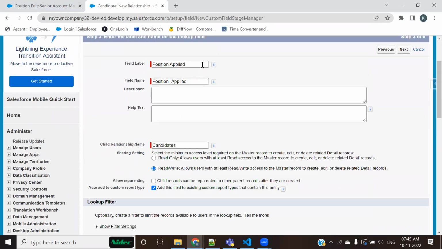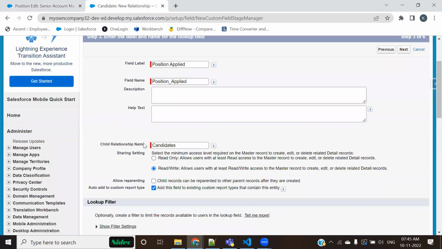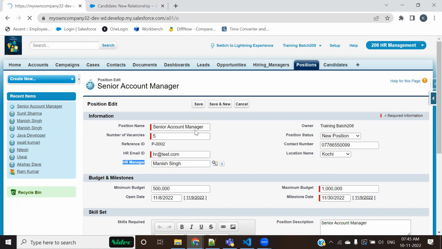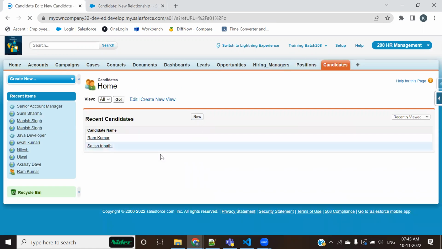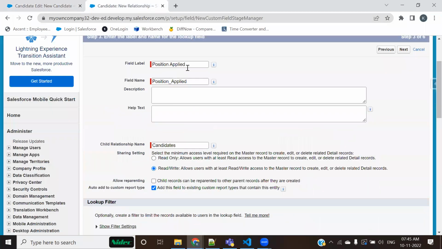What should be the name of this field that is going to appear on the child? For example, inside position, where the hiring manager position is the child, the name we decided is HR manager. Similarly, inside the candidate object, when you go to new, what would be the name of that field? We decided the name has to be position applied. See, I haven't selected anything from here.